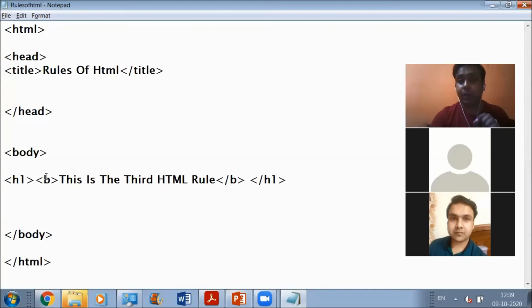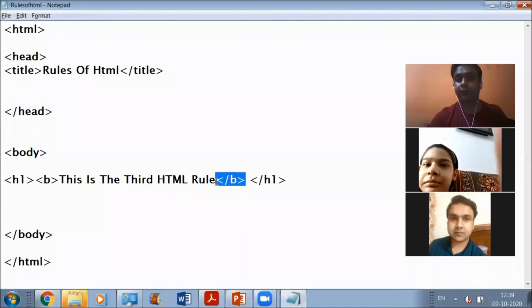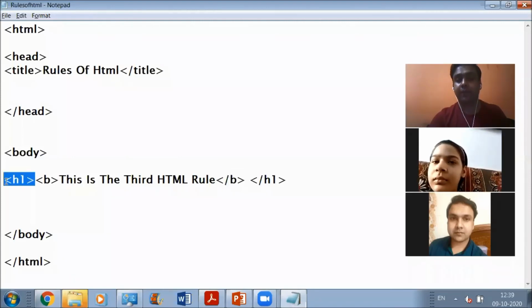Now what is required as per rule number 5? The tag that you have defined afterwards, जब जो टैग आप लोगों ने बाद में डिफाइन करा है, that has to be closed first. It is required to be closed first, and after that you are required to close the outer tag.